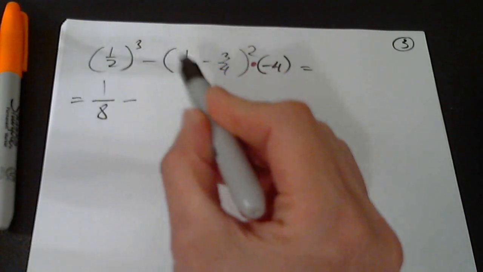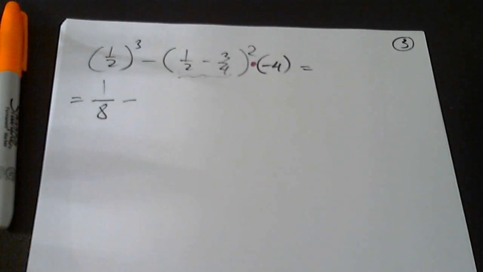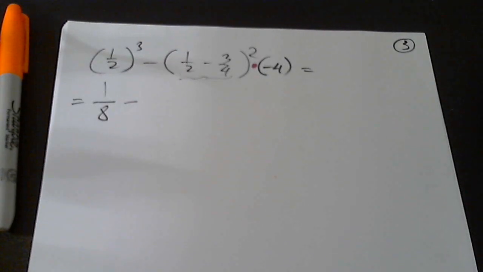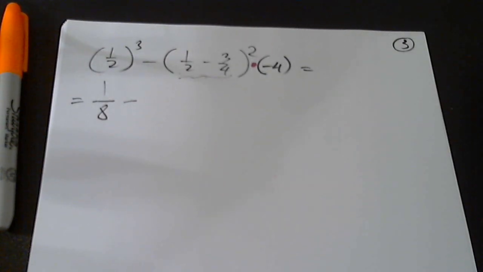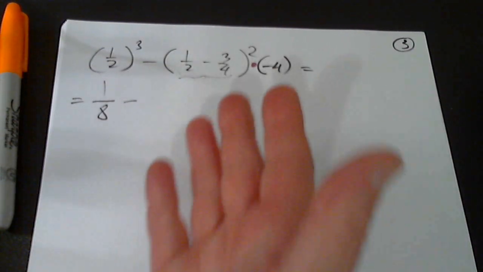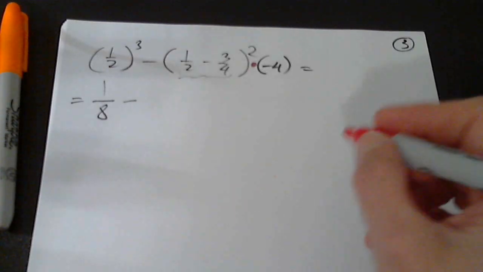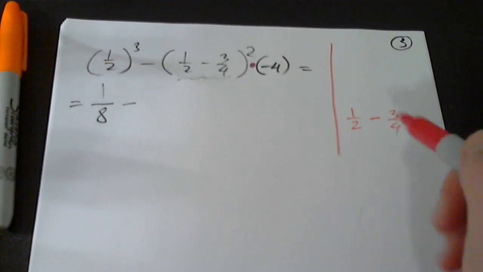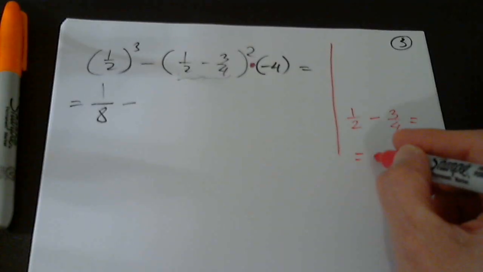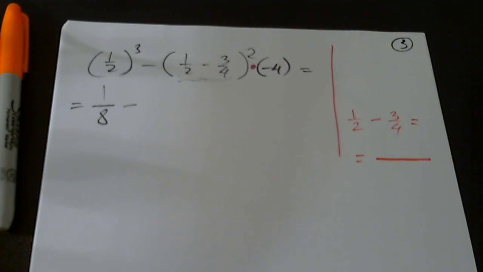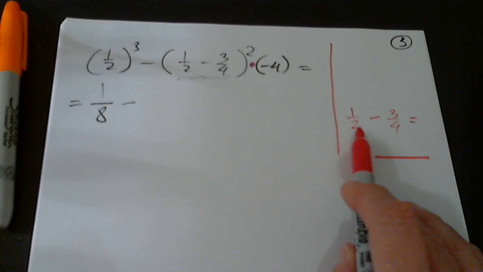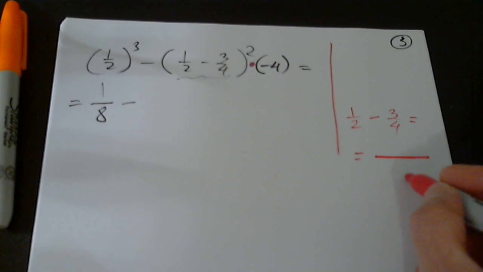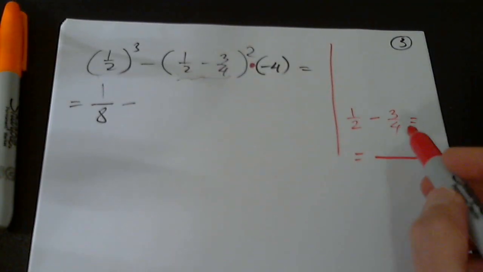Okay, minus. Now, inside parentheses, we have to perform this operation, which is 1/2 minus 3/4. I want to talk about this because we're going to get to rational expressions, and we're going to use the same method. So if I want to, on the side, add 1/2 or subtract these two fractions, I need the least common denominator. Because 4 is a multiple of 2, we do not multiply them. You will not say 8 as the least common denominator. No, we're going to say 4